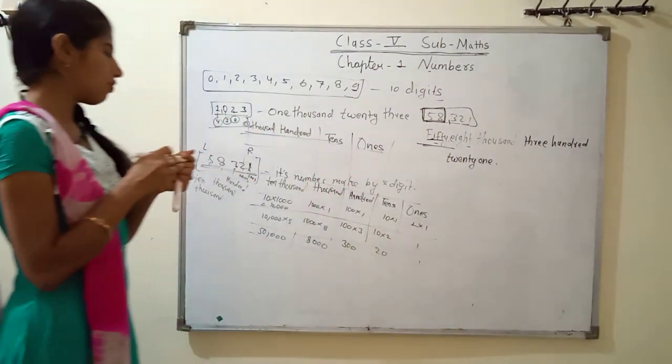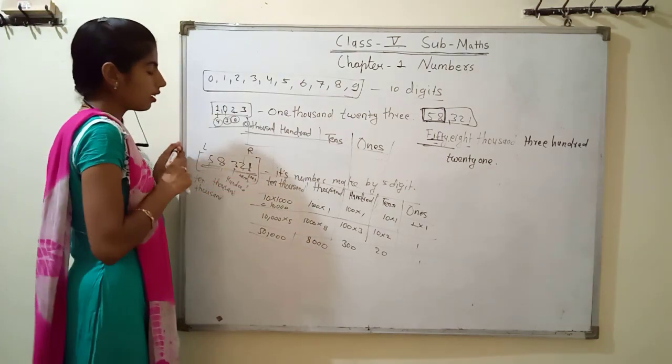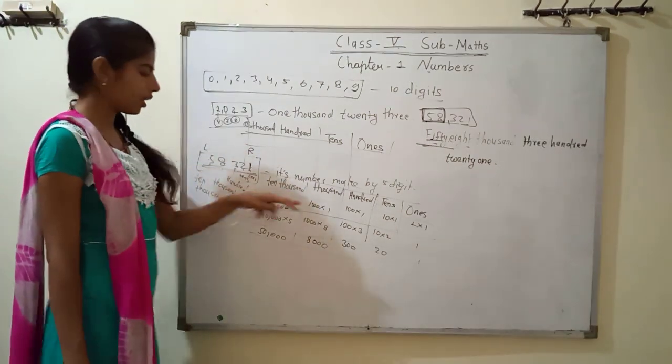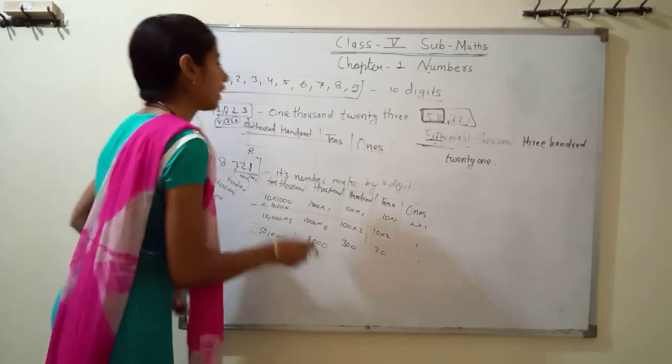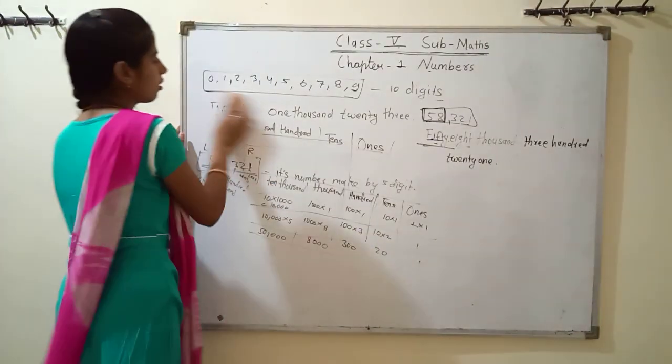58,321, that is your first. Then we can say here more than 5, up to 5. Then how do we read? Next is 10,000, like that. I make again your index.